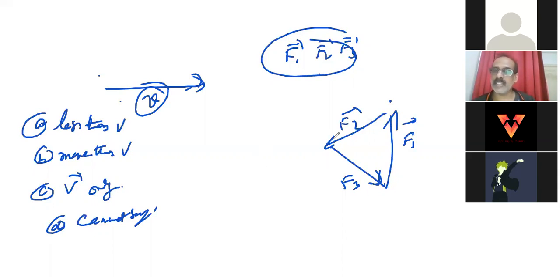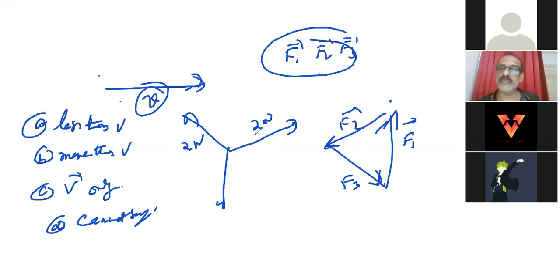What I'm saying is, first of all, you know this concept: if you are taking all forces in the same order, the resultant is 0. For example, I'll show you. See, this is 2 Newton, this is 2 Newton, and this is the resultant of the two. This is F1, this is F2, this is F3. To find the resultant you should know the angle. Let us take it as 90 degrees. Then the resultant will be root of 2 squared plus 2 squared, root of 8, right?